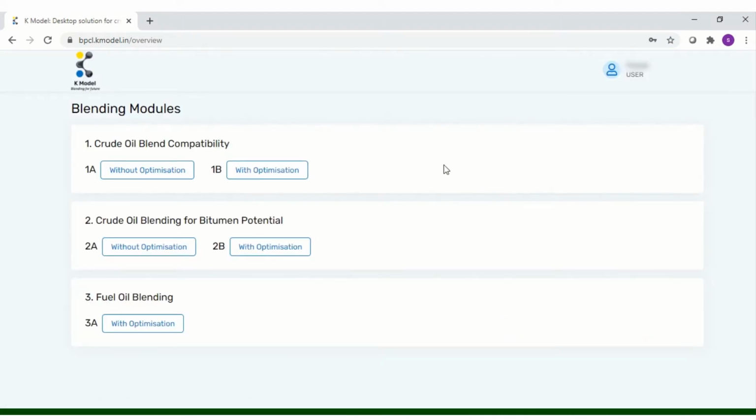The product has 3 modules. The first module is for the crude oil blend compatibility and it has 2 sub-modules. Model 1A is for the prediction of crude blend compatibility for known blend compositions. Module 1B is for predicting the most optimum and compatible crude oil blend that can be achieved using a set